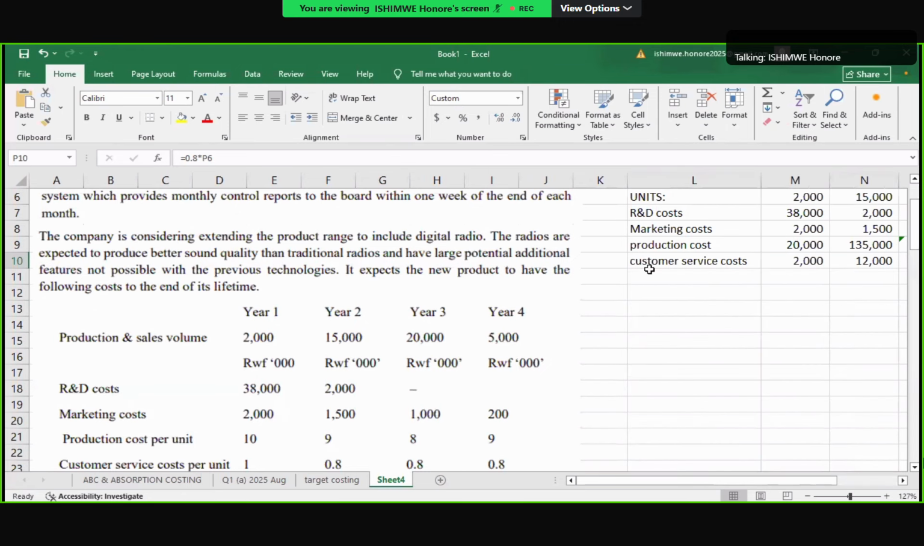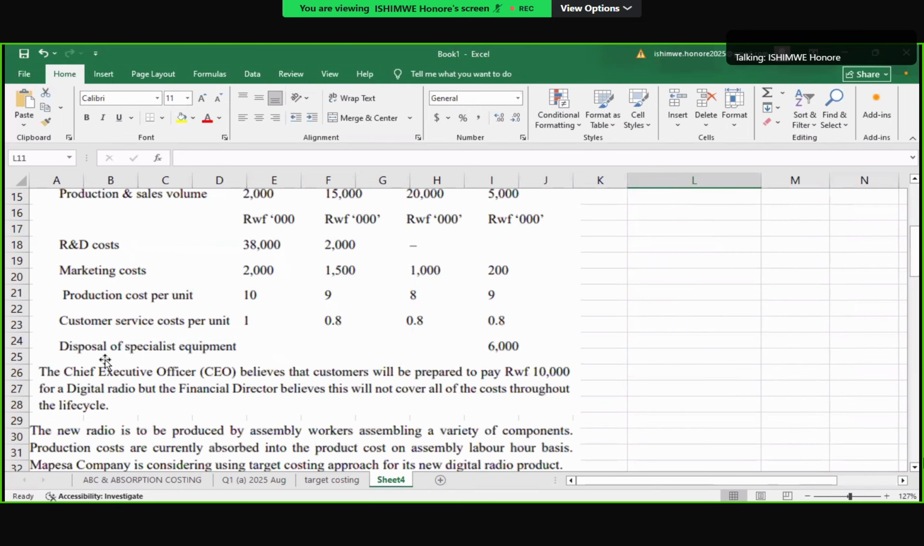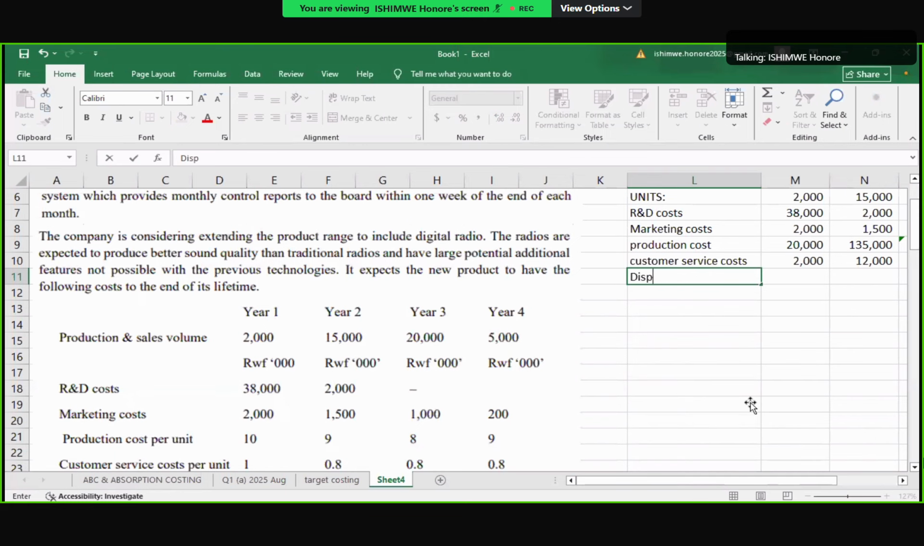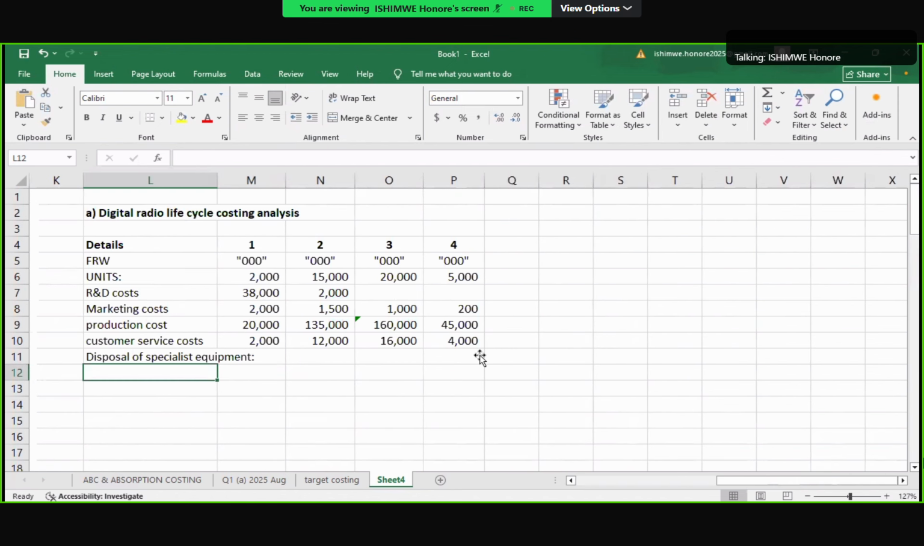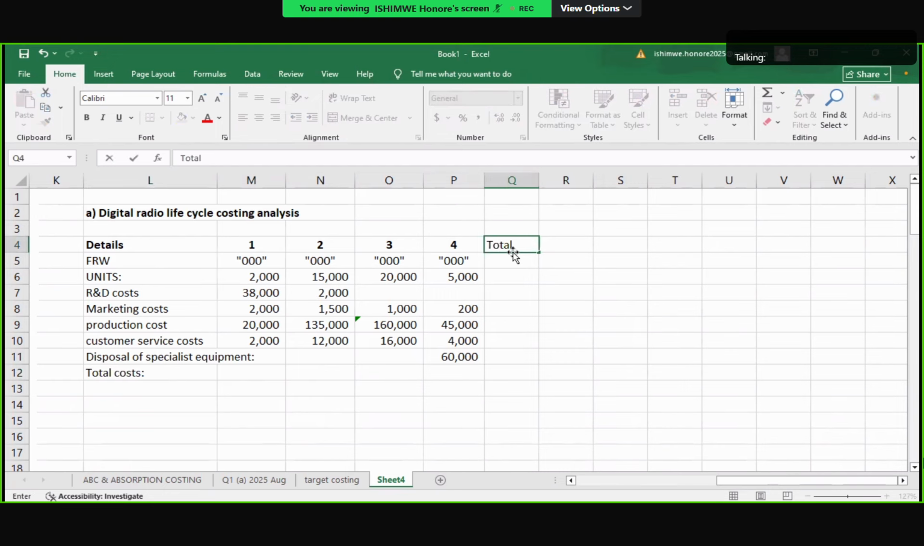Then disposal of equipment. This first one, the last one, disposal of specialist equipment. In the last year, 60,000 for the total cost. And if we forget here to put something total,